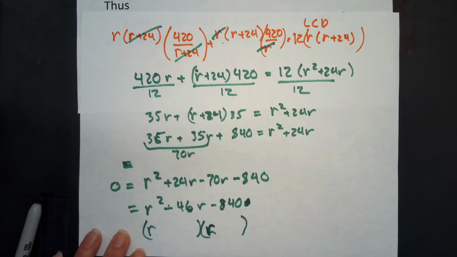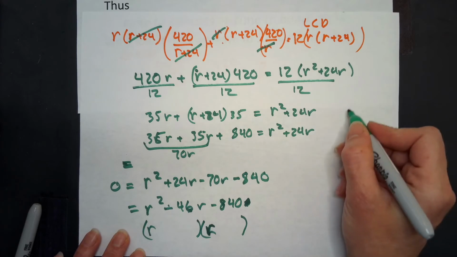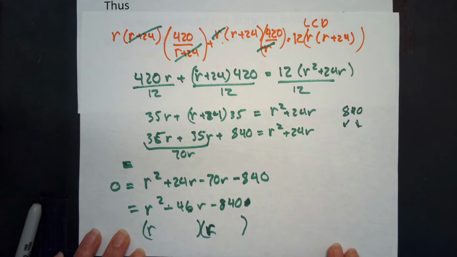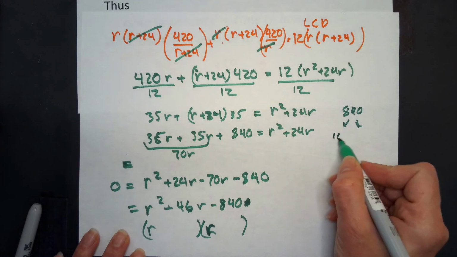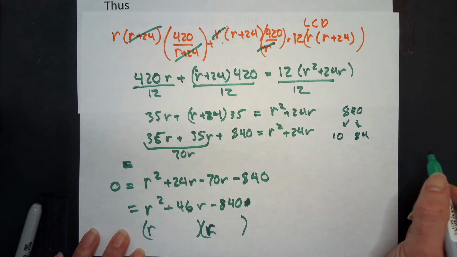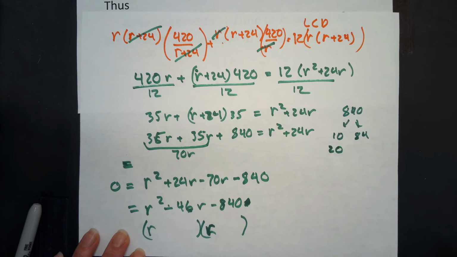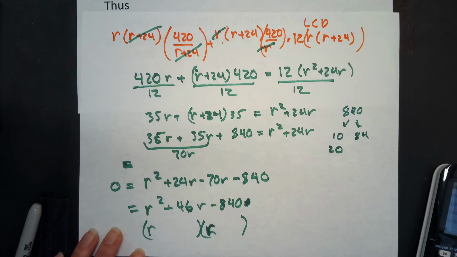So what are we going to have here? We're going to have an r times r. So I need factors of 840 that will give me a difference of 46. So, just starting off real quick, 10 and 4, that doesn't seem to work. What about 20 and that's it in half? So I'm looking for their difference to be 100. So thinking about it,